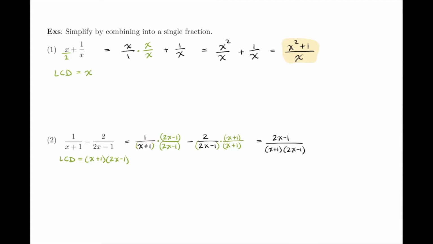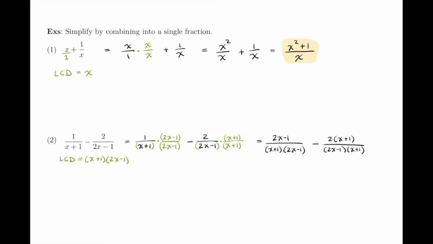There's no reason for us to FOIL or multiply or distribute this out. It is very happy in its factored form. We keep the minus, and then when we multiply across the numerators in our second set here, we need to make sure that we keep parentheses around the x plus 1 times 2, and then in our denominator here, it looks like it's going to be different,